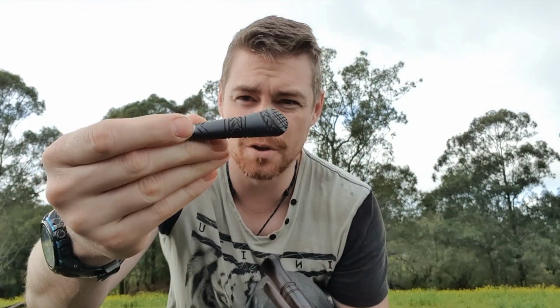Chakmak, carved in the traditional way. Very beautiful, very functional. One thing I noticed with this that I haven't seen done before, and I'm hoping that it's traditional because it functions so much better this way, is that it's almost got like a slightly convexed cross section